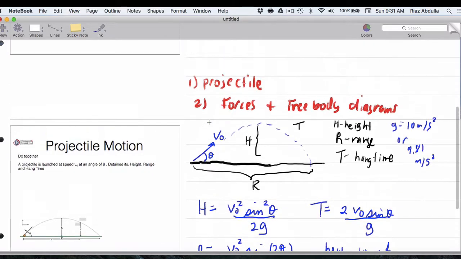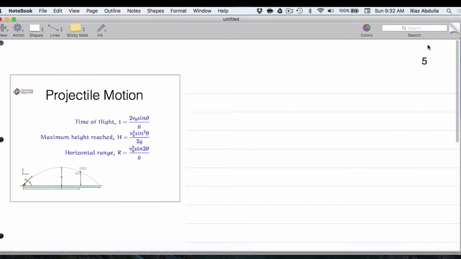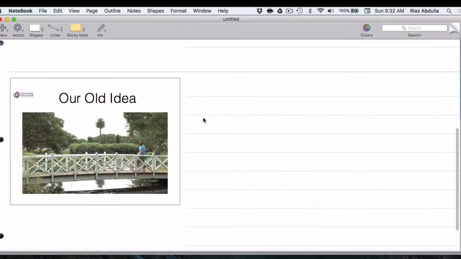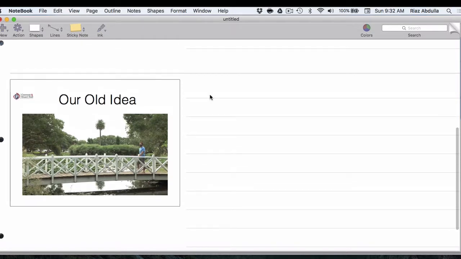So we basically covered that for projectile motion. We did a little bit of practice, and just to remind you, for projectile motion to be true, you actually have to start and land at the same elevation. Here are the formulas again, just to remind you. And from there, we launched into a discussion of Newton's laws of motion, and we had three ideas that we took a look at. Now, those were incorrect ideas, and I've got the video in Haiku if you want to